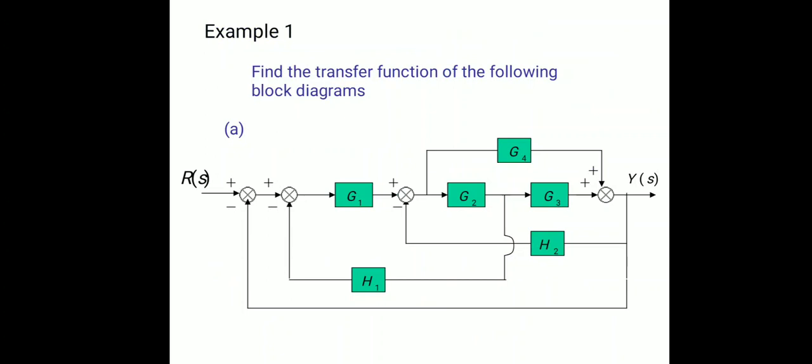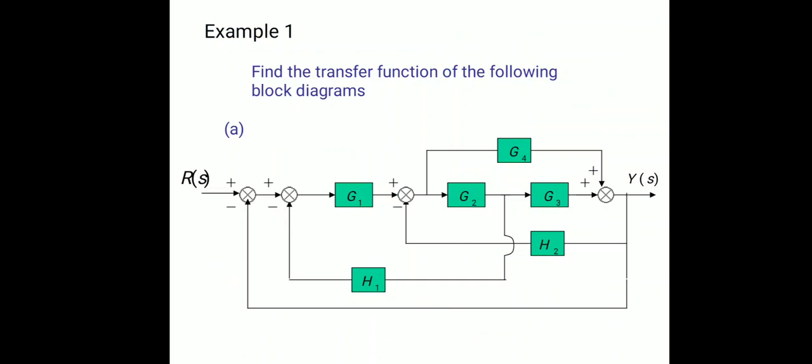Here the question is given as: find the transfer function of the following block diagram. Note down the approach. First of all, we have to check whether the blocks are connected in series. Next we have to check whether the blocks are connected in parallel. Next we will check whether there is a minor feedback loop. After that, if the series rule, parallel rule and feedback loop rule are not applicable, then go for the shifting rules. Here we can see that the series rule is not applicable, the parallel block rule is not applicable, and the feedback loop rule is not applicable. We have to go for the shifting rules.